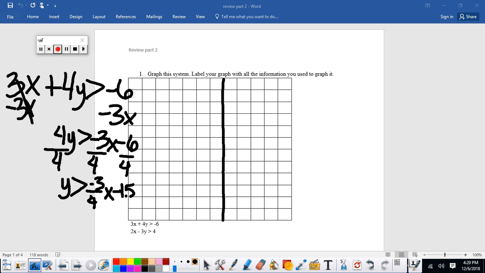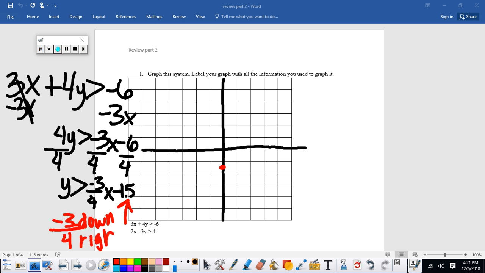Now again, I'm not sure if they're going to give you an x and y axis already, but if they don't, just draw your own. Now you're going to start here at negative 1.5, which is about there, and then you're going to use your rise over run, so negative 3 over 4. This is negative, so you're going to go down, and this is positive, so you're going to go to the right. I'm going to go down 3, 1, 2, 3, 4 to the right, 1, 2, 3, 4,